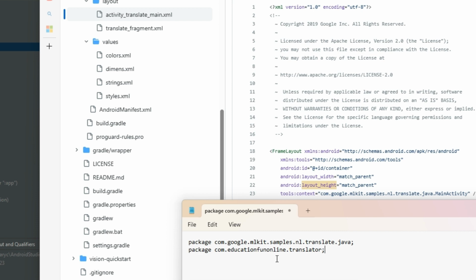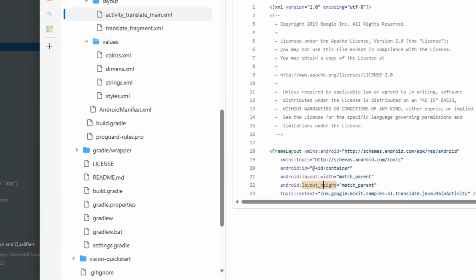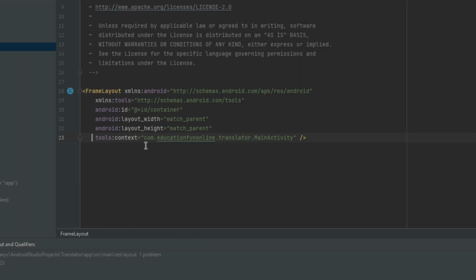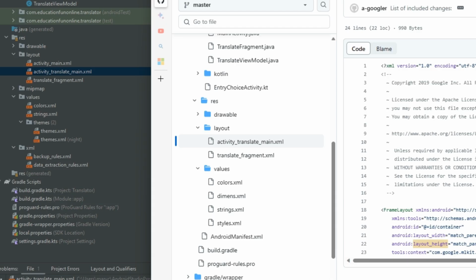So I had to change that line. So I changed mine to com.educationfunonline.translator.main activity. To show you on activity_translate_main.xml on the GitHub, you notice that also after that